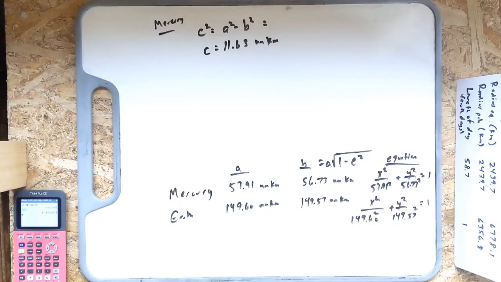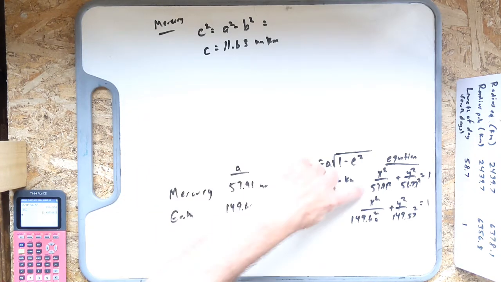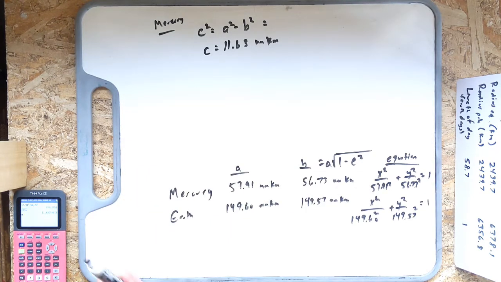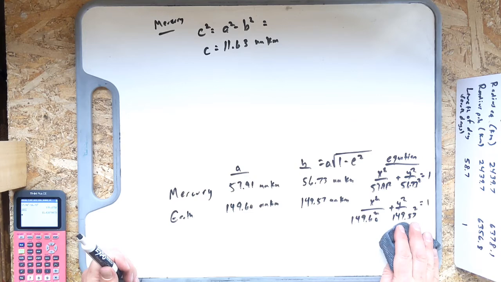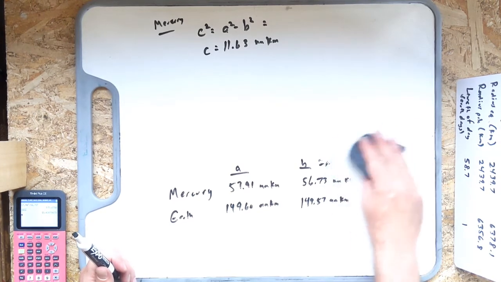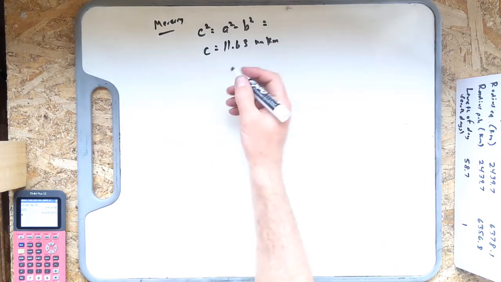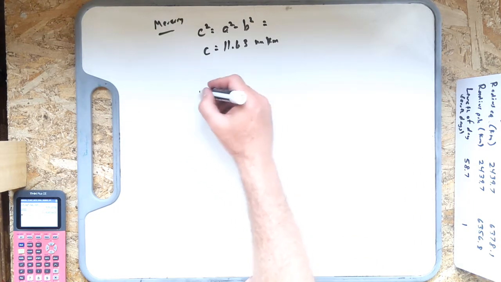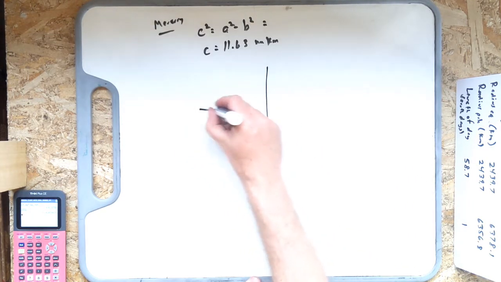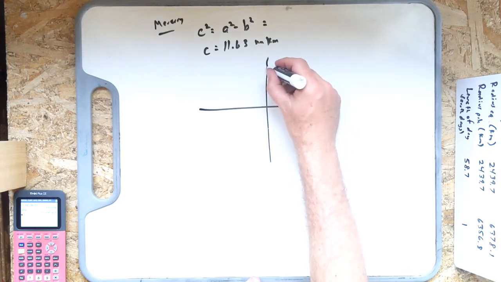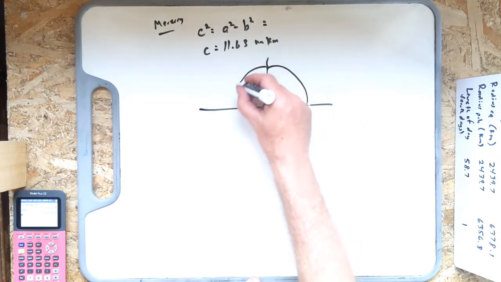Okay, so what does that mean? And I'll do this with a graph as well. So first of all, the equation itself looked pretty circular, but this is a pretty big number relative to 57.91. So what does that mean? What it means is that if I were to graph Mercury's equation, first of all, it's pretty close to circular,